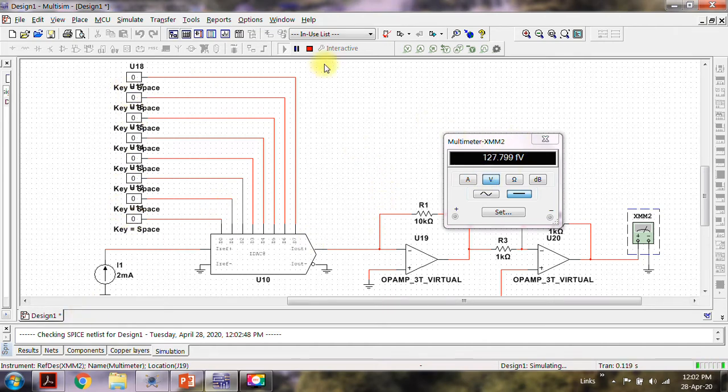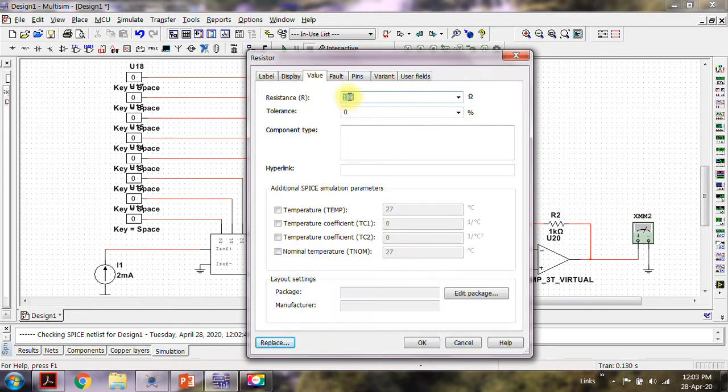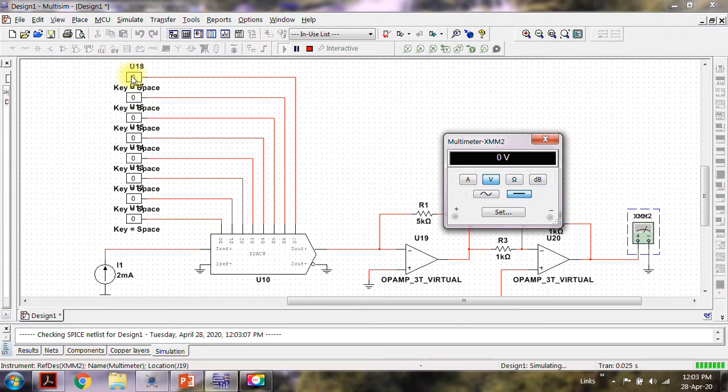So it should be 5K. Remember, it's a ladder network inside. So this is the MSB and it gives me 5 volts, okay, which is Vmax by 2. Now Vmax is derived here in this case.